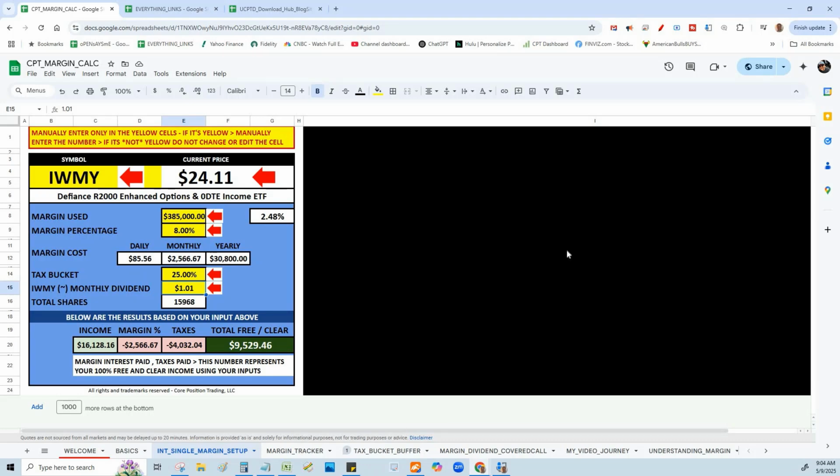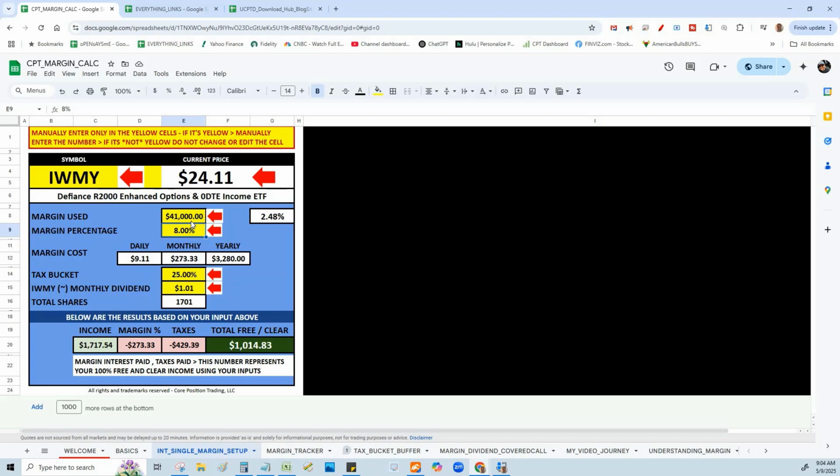Now, looking at that calculator, that initial trade setup, you can really get a feel as to where you are in any given trade. You can really get a feel as to your initial trade setup, what the numbers look like. Now, I know you might use your margin calculator from your broker, and that's fine, but this is the number I want to see. How much is going to be my margin interest and how much am I going to pay the tax man? How much is my free and clear cash flow? That's free and clear cash flow every single month. I paid the tax man. I paid the margin interest.